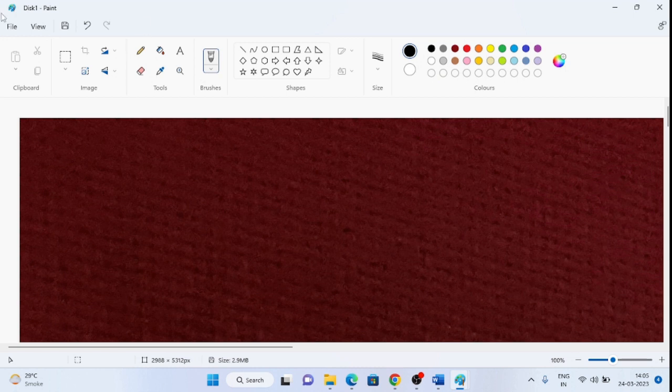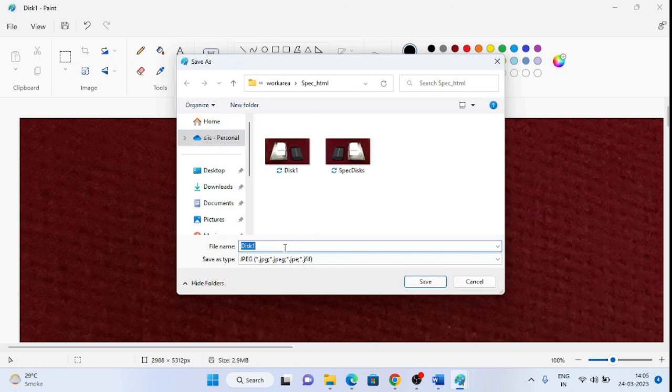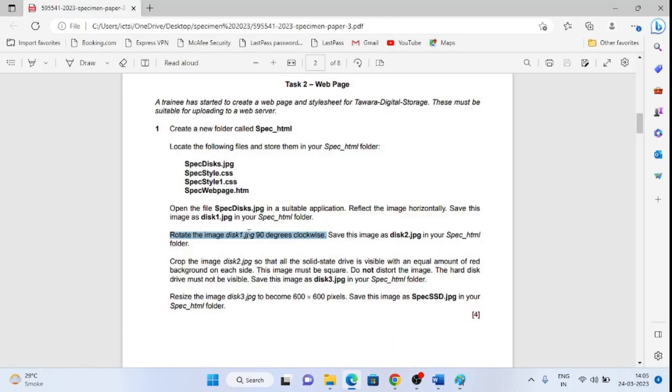Done. Now save, file, save as JPG picture, and this image will be saved as disk2.jpg in your specimen HTML folder. We are done with this question.